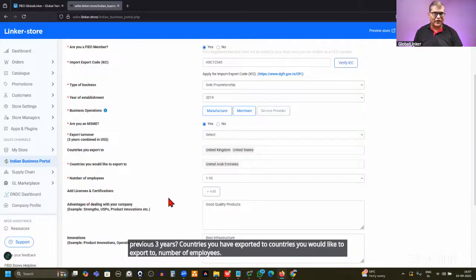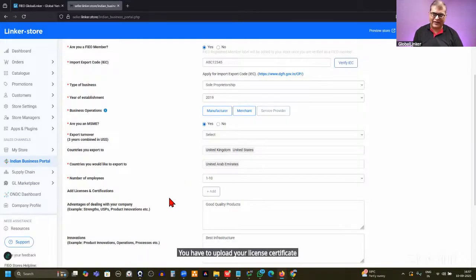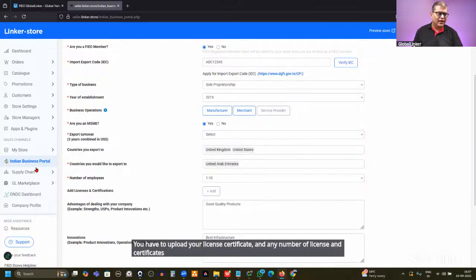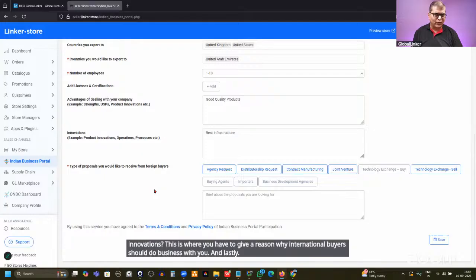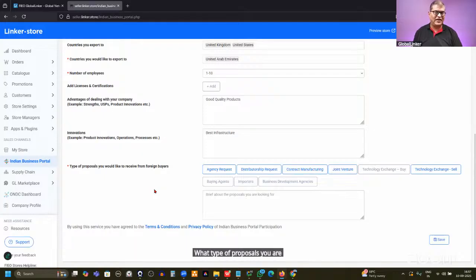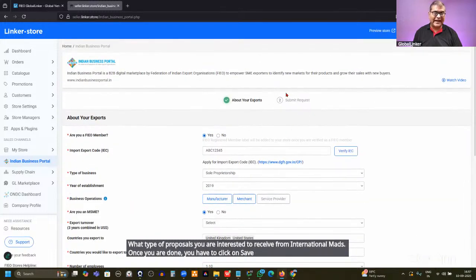You have to upload your license certificate, and any number of licenses and certificates can be uploaded. And lastly, what are the advantages or innovations? This is where you have to give a reason why international buyers should do business with you. And lastly, what type of proposals you are interested in receiving from international buyers. Once you are done, you have to click on save, which will take you to the second